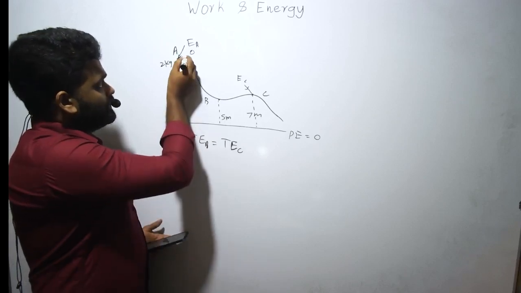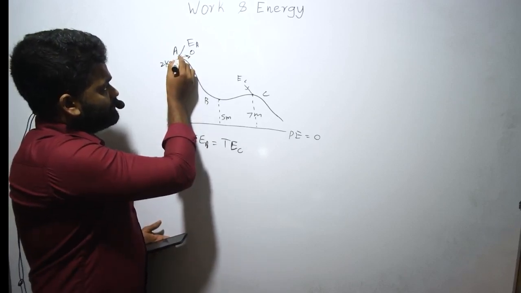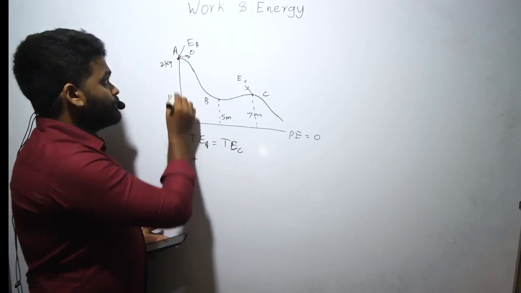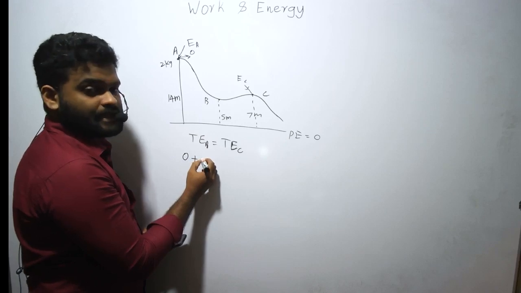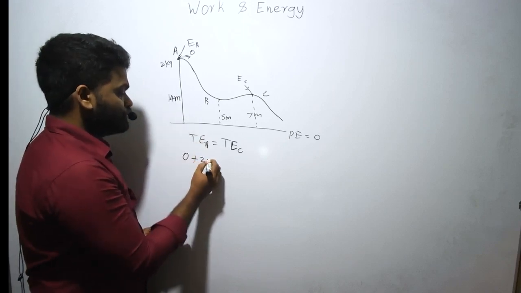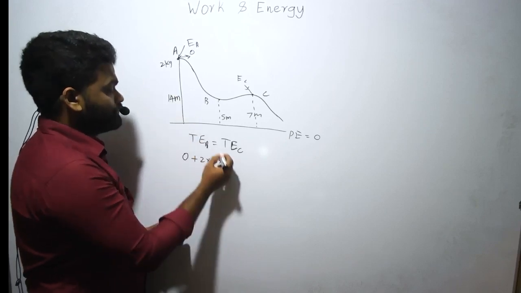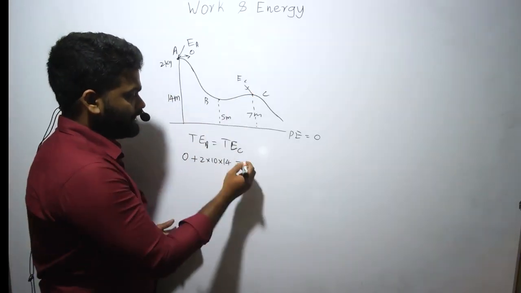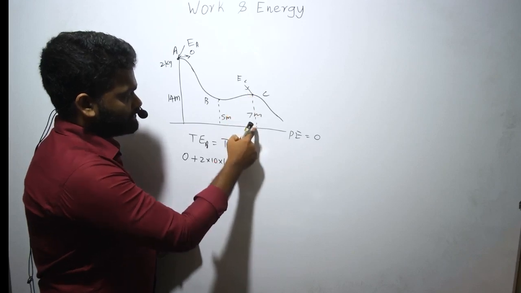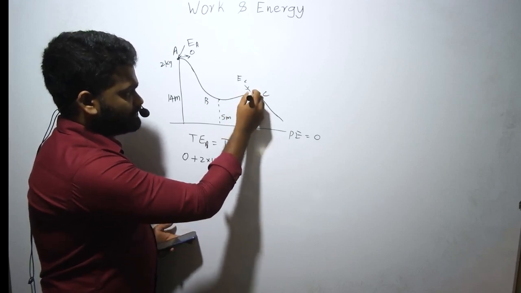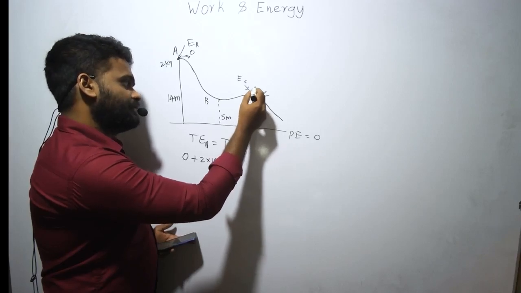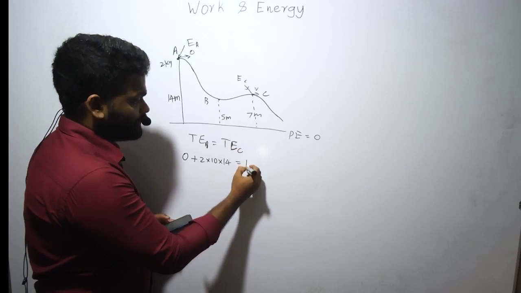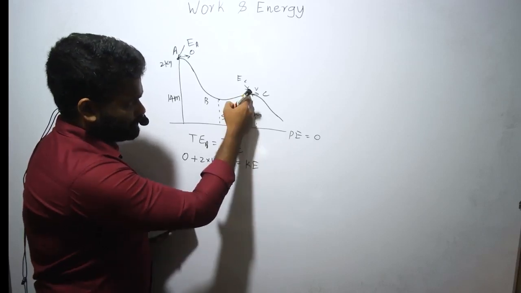So let's see how to apply that. Here the initial velocity is 0, so the kinetic energy is 0. The potential energy is mgh. Mass is 2, g is 10, h is 14. That equals the energy here. But in this case, we have both kinetic and potential energies, because the object has a velocity here, right? What they ask is the kinetic energy here. I'll just put KE for this point